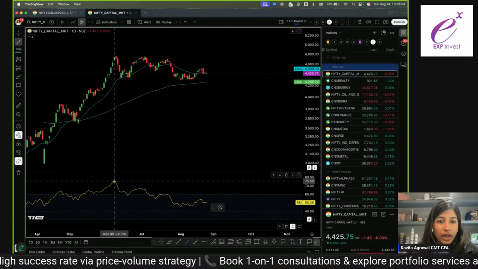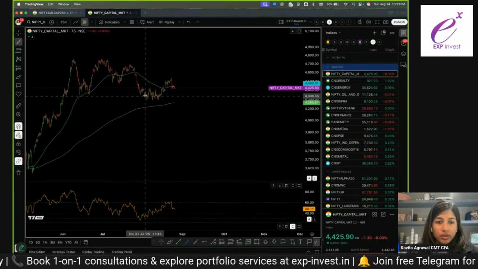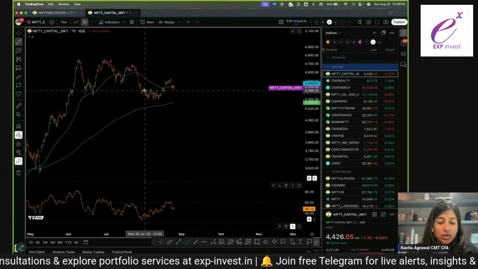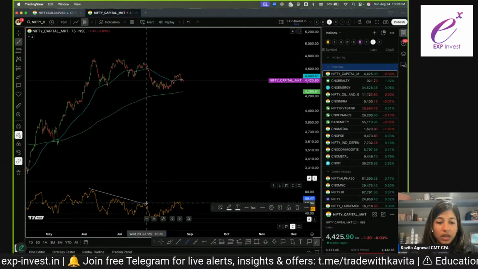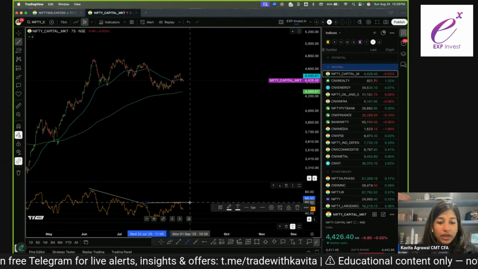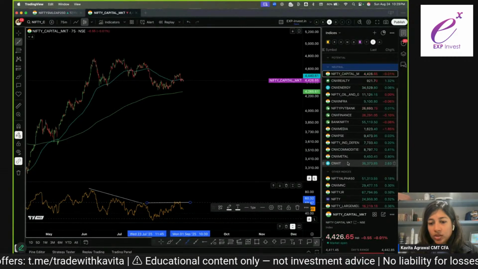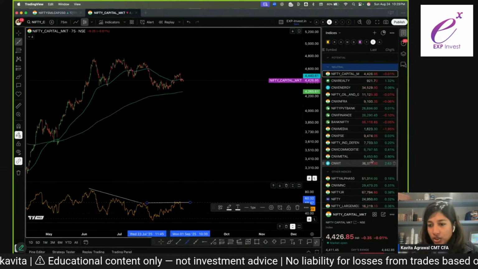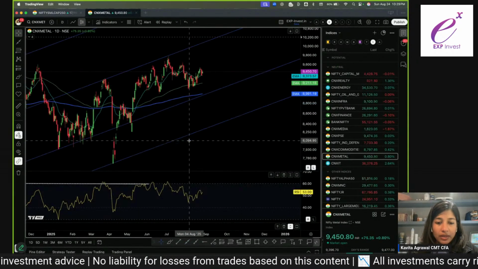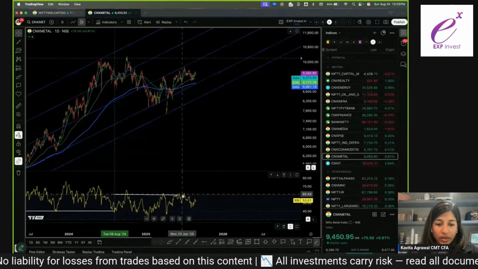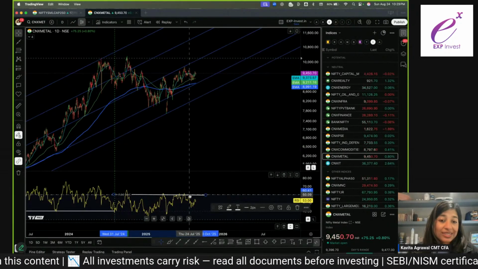Okay, so here we have a negative divergence and this is going into correction. Here temporarily it did go up, but on the 75-minute time frame, again, we're seeing a clear cut loss of momentum, negative range resistance. So the capital market index is also looking neutral, not bullish. Next, let's take a look at the metal index. The metal index is trying to turn positive. It is very unclear, but I will not call it positive because it is not clearly positive.